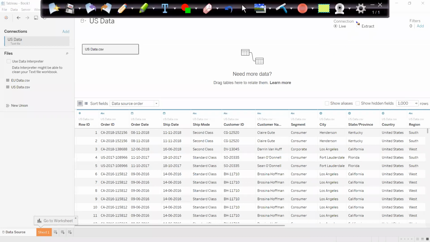Live connection is nothing but my data is live. Basically, I connected to the live data. So if any changes happen in my database, automatically my report will also get refreshed. That is my live connection. But I'm not looking for live connection as of now. I'm looking for extract,